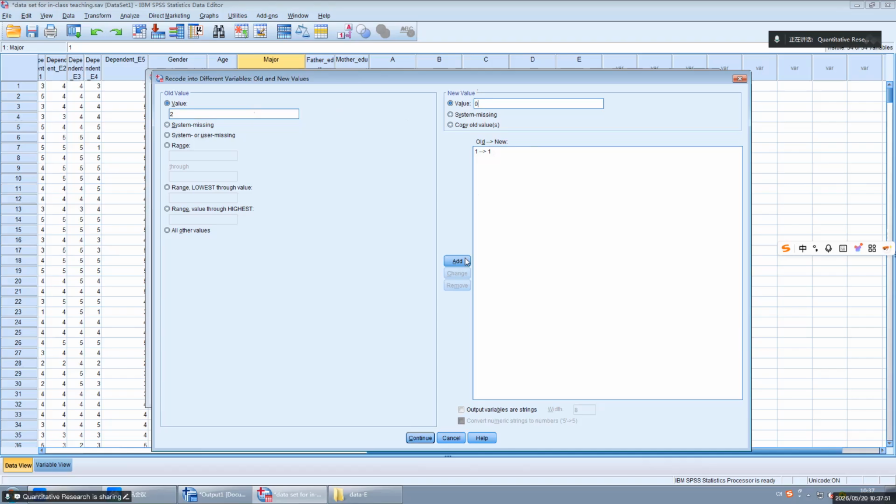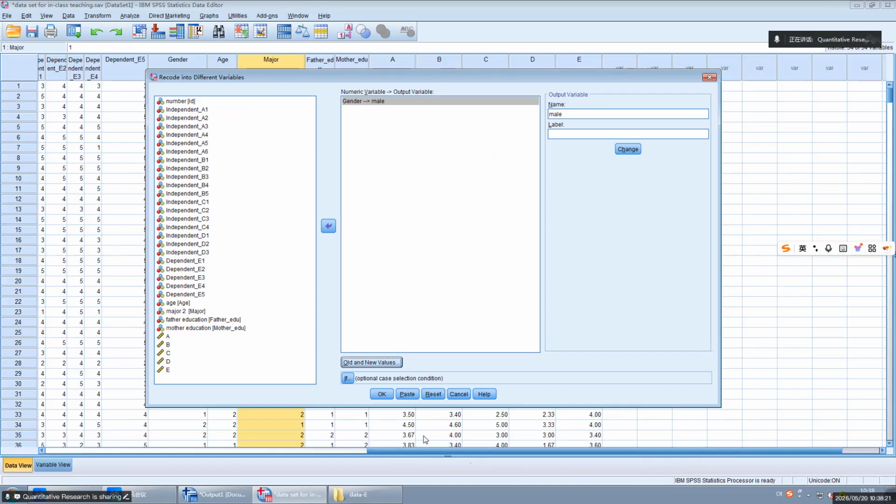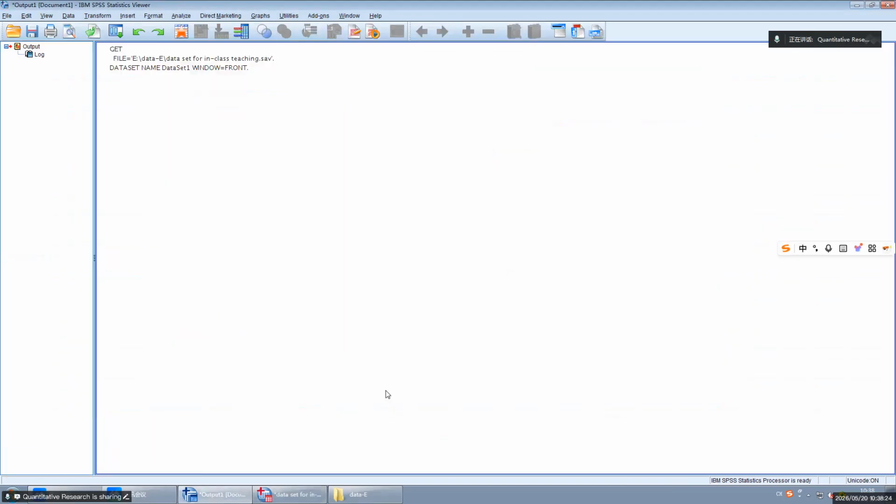Should be 0, because in this dummy variable, all the others should be 0. Now it's done. So I will continue, and continue, and OK.